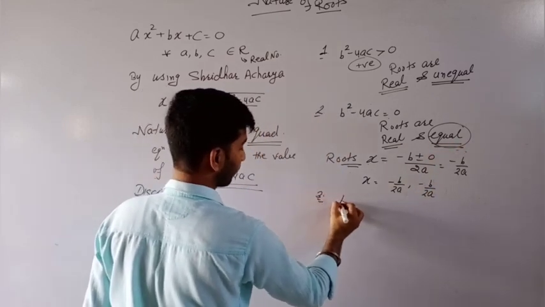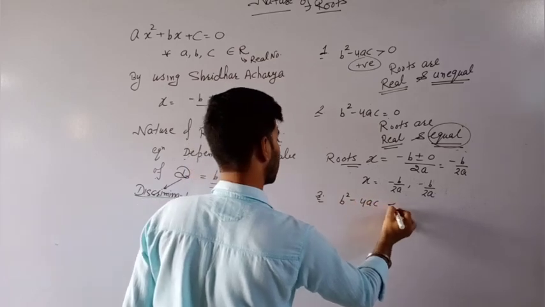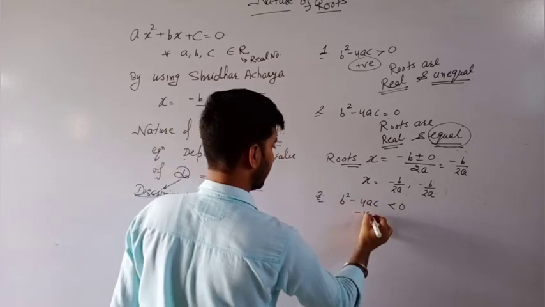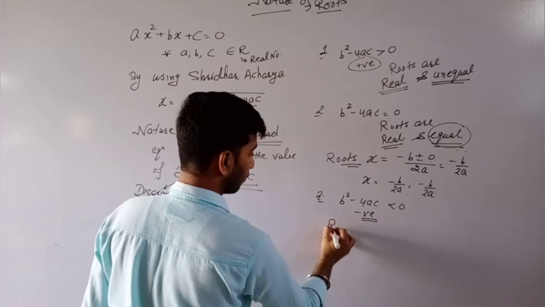And third, b square minus 4ac less than 0, meaning negative. Then roots are